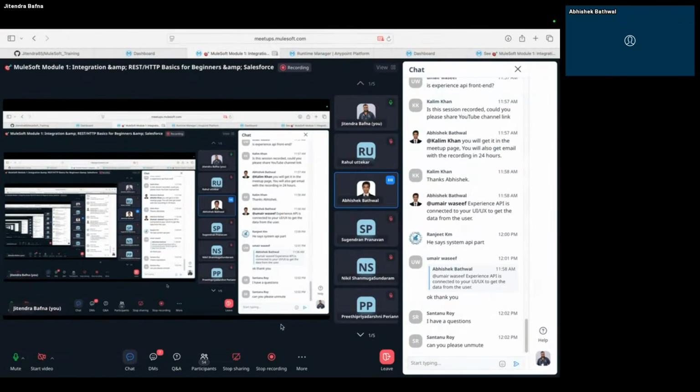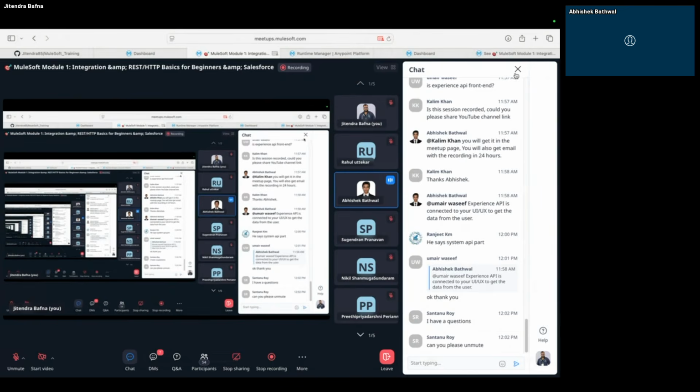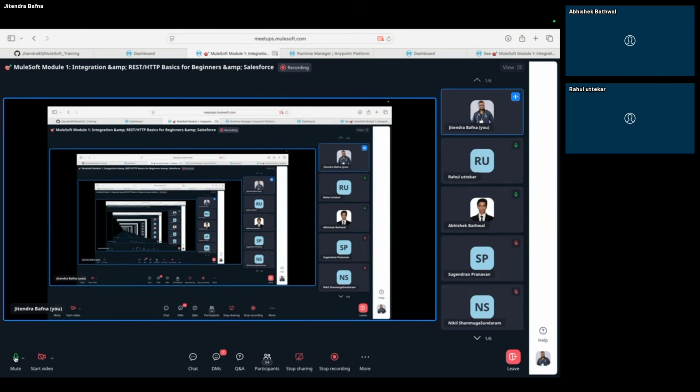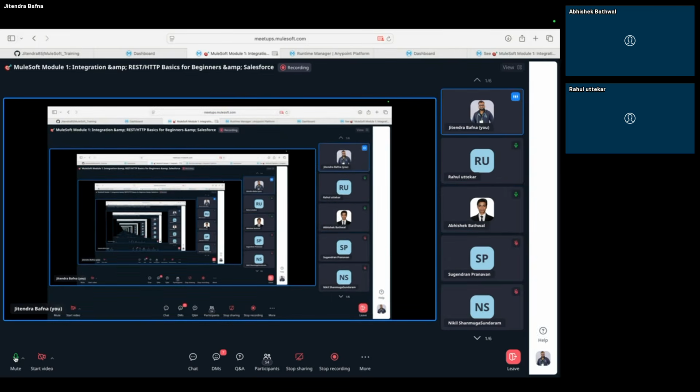So that is the first layer where a user is sending a request, which is your experience API, and that experience API can be used in your desktop UI as well as your mobile UI. That is the same one. But there needs to be business logic based on whether it is coming from a mobile or a desktop, because in your desktop you may see it a different way, you may see more functionality. In your mobile you can see limited functionality.